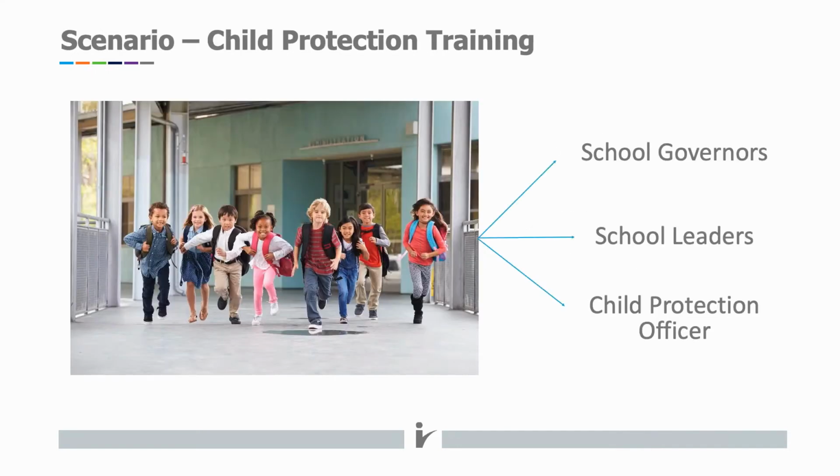So let's take a look at a scenario here. So we've got child protection training. Now this is how you can do it really. You can look at that subject matter like child protection. You can start mapping it across different roles and who you would need to train. So really we've only got 3 listed there, but obviously the list would be much longer and could be very long in some schools. So you've got governors, you've got your leaders, you've got your child protection officers, you do have teachers, relief teachers, you've got music itinerants, which is often forgotten, you've got maintenance staff, direct contact volunteers, you've got nurses and even counsellors in some schools.